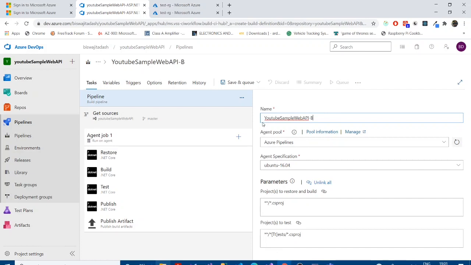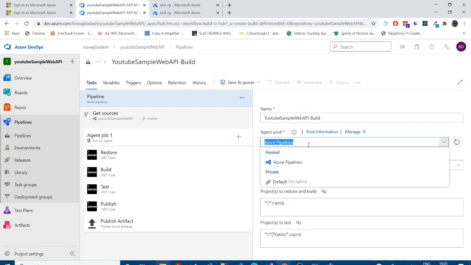Now it is a build process. So what exactly is an agent pool? An agent pool has the responsibility to take your entire code and create a build. So in localhost, in your computer there should be an agent which is responsible to build your entire build configurations and publish it. That is MS Build in